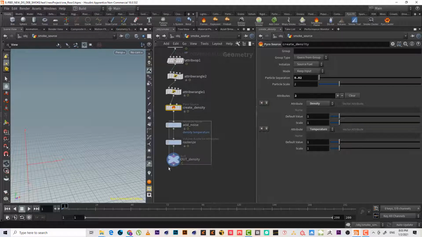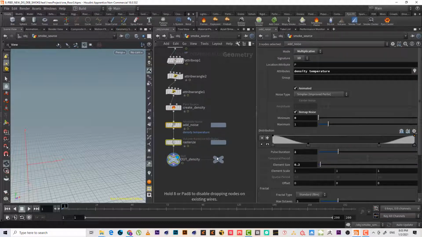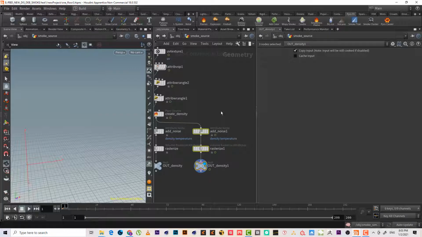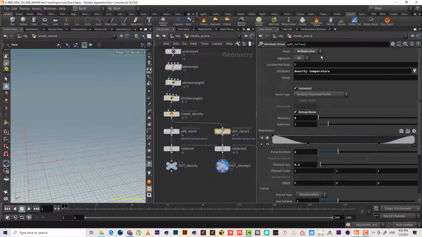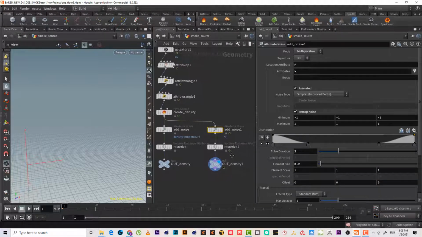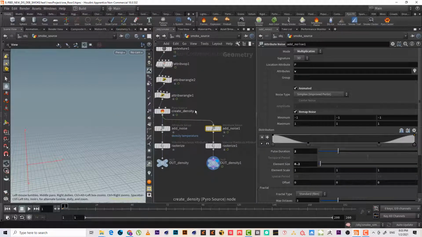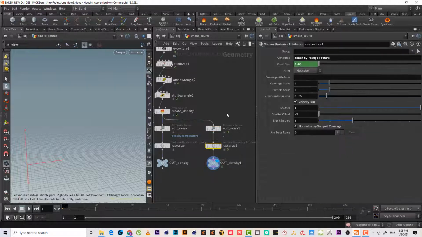So all we have to do is just copy and paste this one, hit Alt to drag it and make another copy. This one will be for only velocity, and of course velocity is a 3D vector. Don't forget to change this one. Okay, so we will change the velocity that it came with already. We will add some noise to it. Then we will type here V, and we will leave everything the same, but just this one we will change to